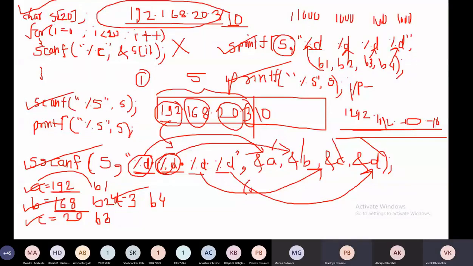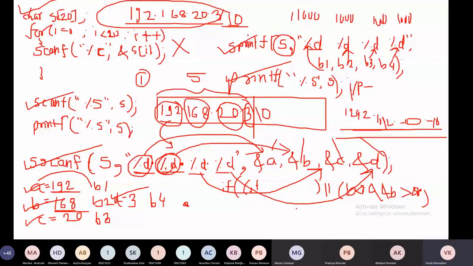So what is the condition? If A is less than 0 and if A is greater than 255, this is one condition. Or you have to combine by using or, right? Then you have to write the condition for B less than 0 and B greater than 255. Yes or no? Whether you are with me. So there are conditions you have to write inside the if.